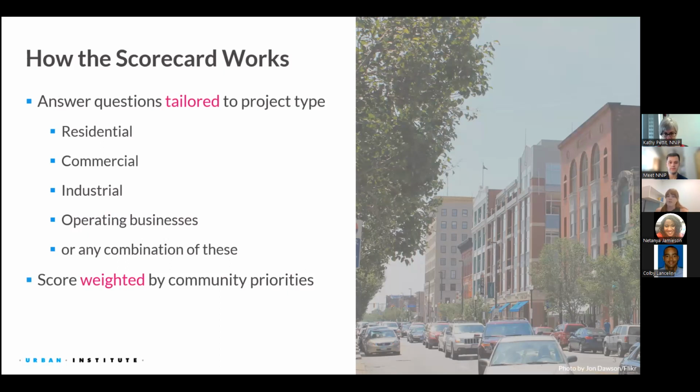We knew that it could be difficult for local governments to make choices between projects offering very different benefits, for example, housing versus commercial retail. So we wanted to create a tool that could make some sort of apples to apples comparison across project types with a single score. We also wanted it to assess